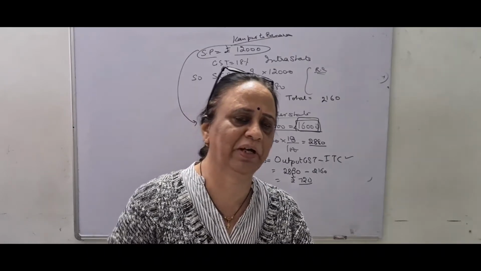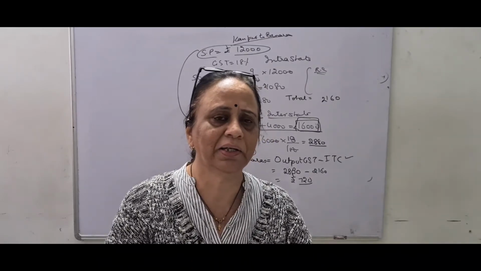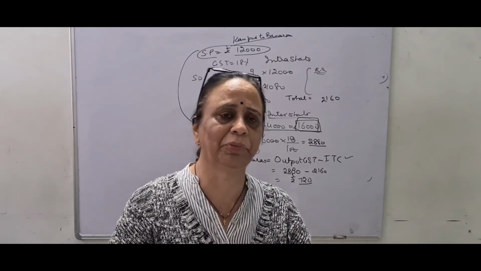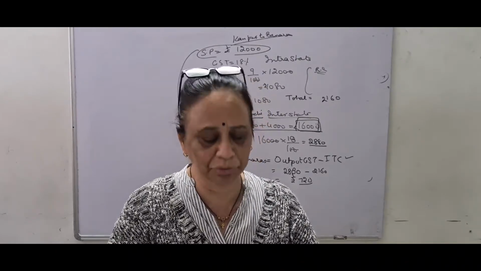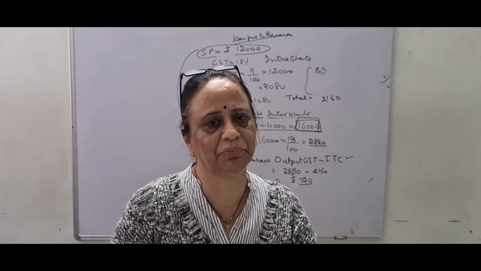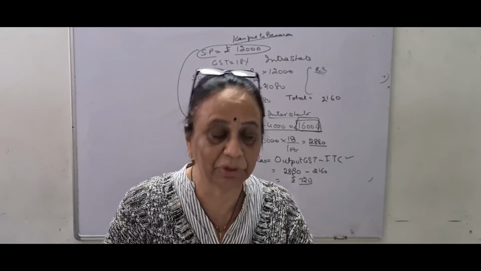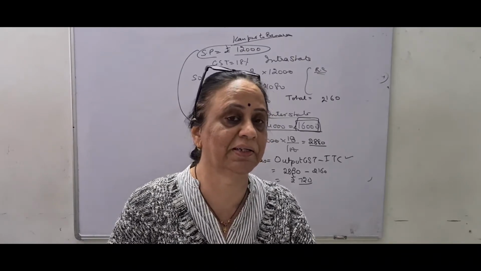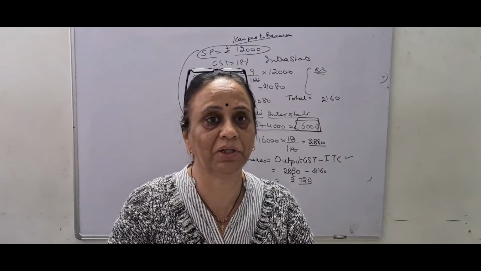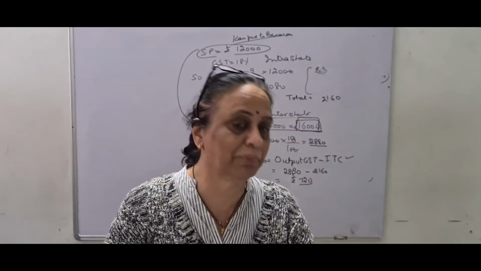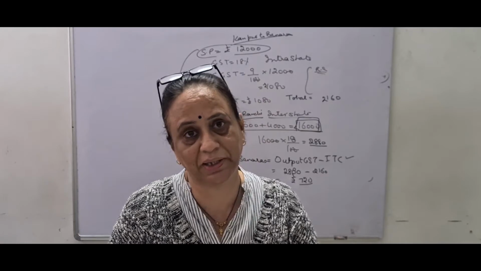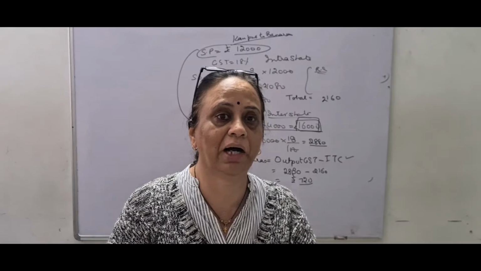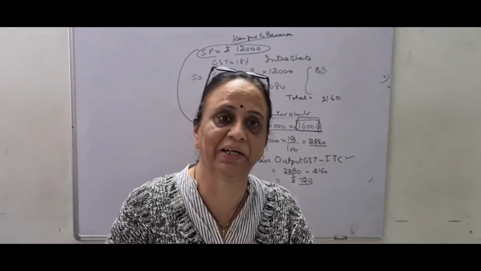And one thing I would like to advise you children, exercise 1B, before that some examples are given and they are written in a very proper manner. This is the way you are going to represent in the ICSE also. Just do all those 7-8 sums before exercise 1B. Read each and every line and represent the answer in that particular form, because you should be well aware of the terms you are using: tax liability, input tax credit, then the formulas, SP, where to write SP, where to write CP, and above all, if you are taking case 1, then you have to write case 1, then case 2.